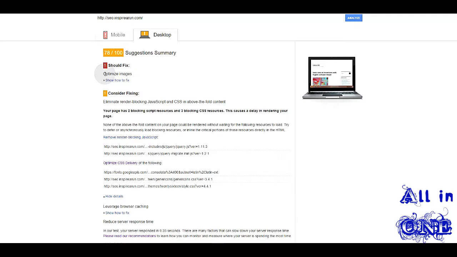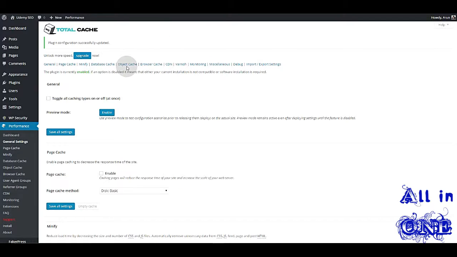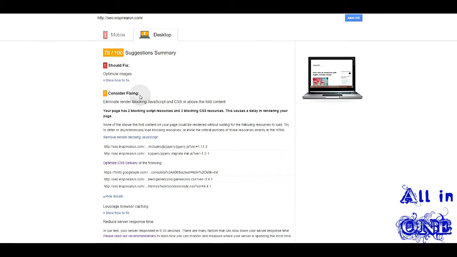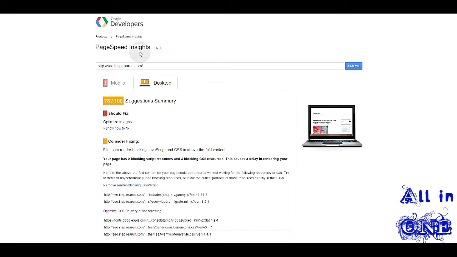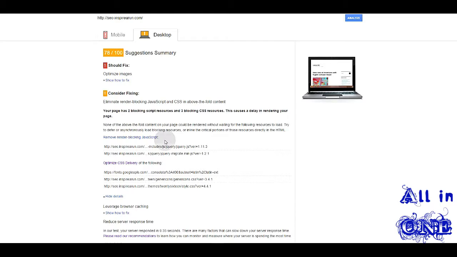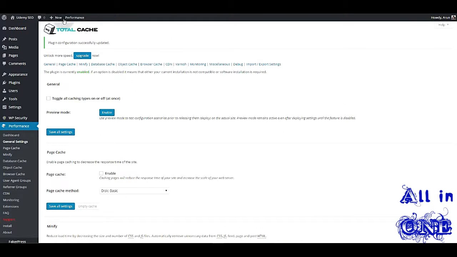This is because even with the same server configuration, different WordPress websites act differently for different types of plugin setups. That's why in this lecture, we are going to configure the W3 Total Cache plugin completely to deal with the optimizations shown by PageSpeed Insights. If it doesn't solve these issues, then we will move to the second technique where we are going to install some other plugins